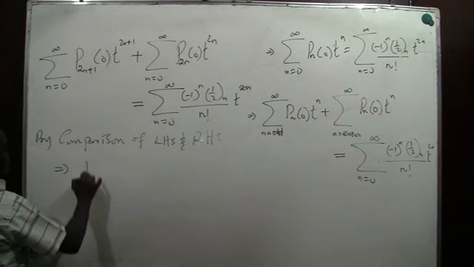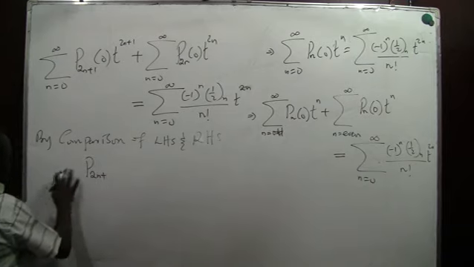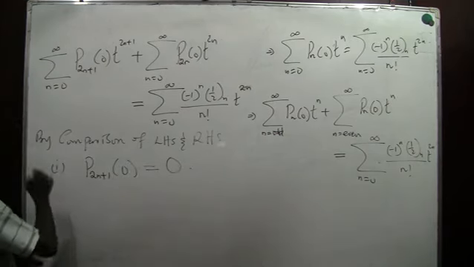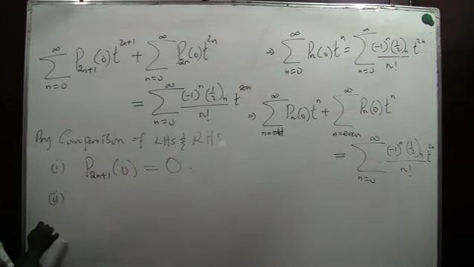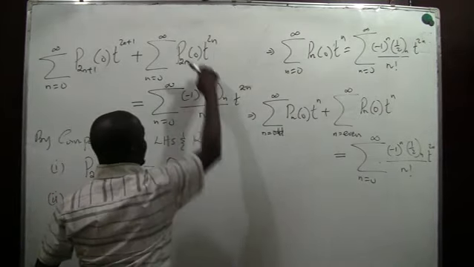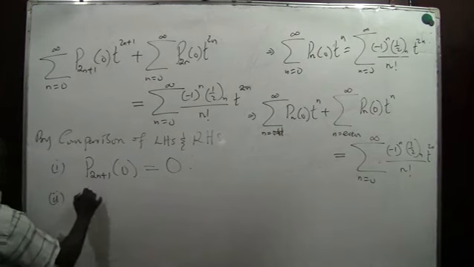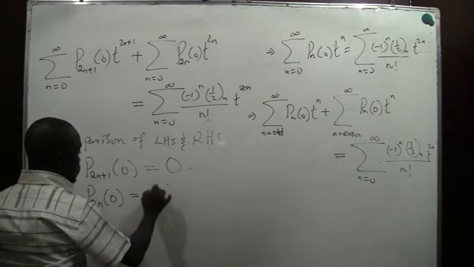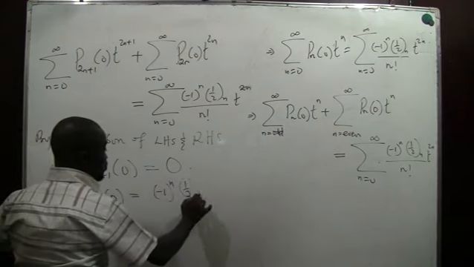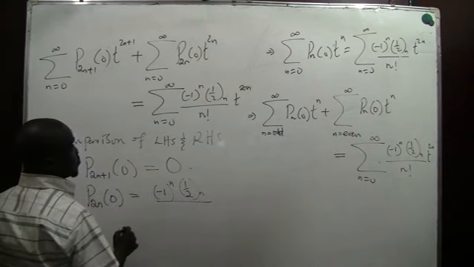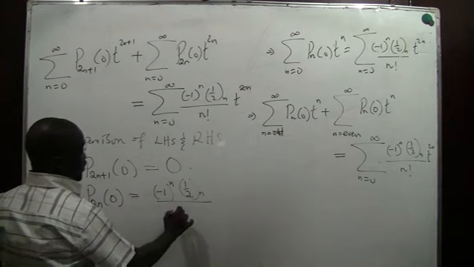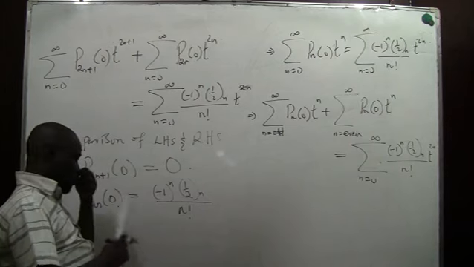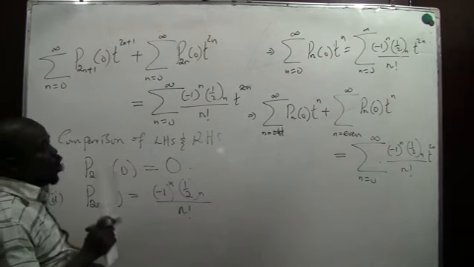That implies that P_{2n+1}(0) will automatically become 0. Now for the Roman figure 2, we have the even power. So compare the coefficients here. So we are going to have P_{2n}(0) is the same thing as (-1)^n (1/2)_n divided by n factorial. Now, before I proceed with the question, we will observe from here